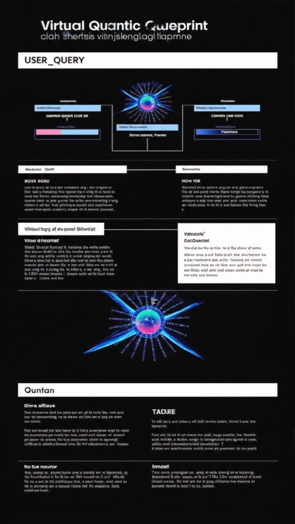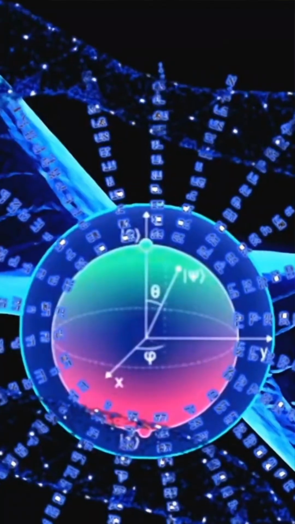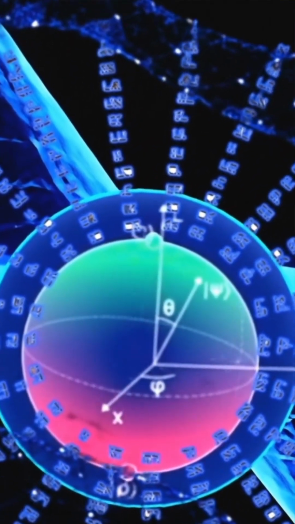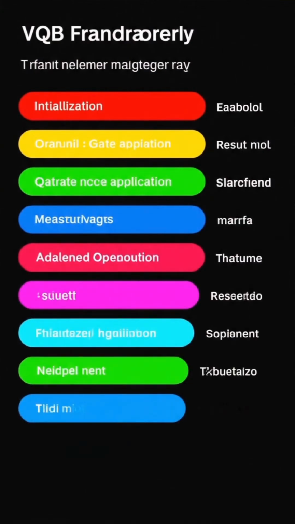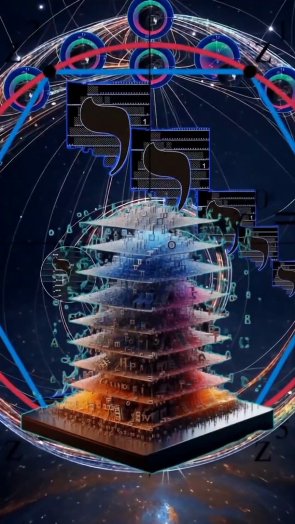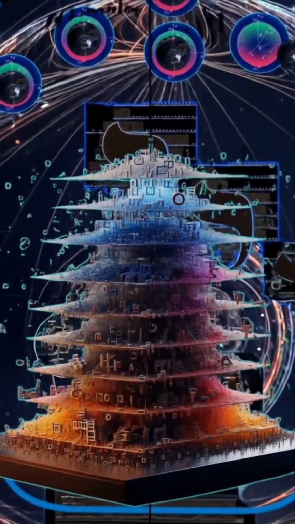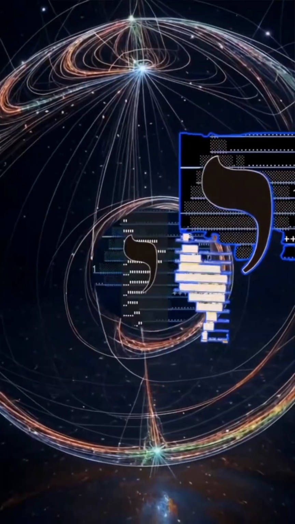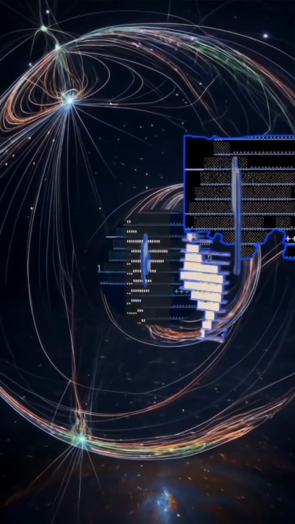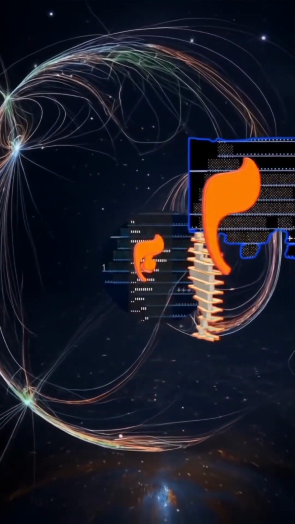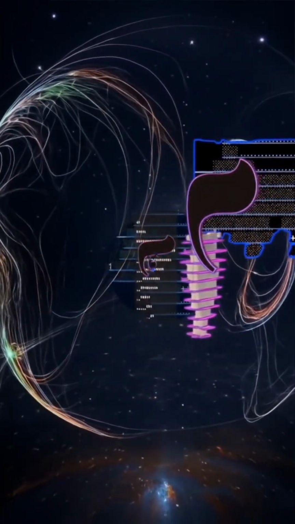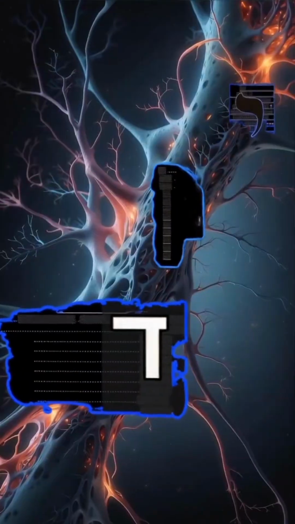So as we wrap up, here's something to think about, something for you listening to ponder. If we really can start programming abstract concepts like time, like narrative, using these symbolic quantum blueprints, what genuinely new forms of intelligence, maybe even new forms of existence, could emerge from that? And maybe more importantly, what responsibilities do we have when we start designing these entirely new digital ontologies? That's definitely something to mull over long after this deep dive is finished.